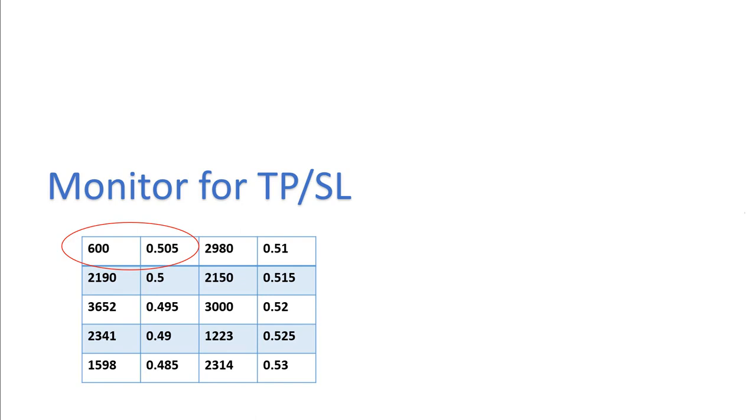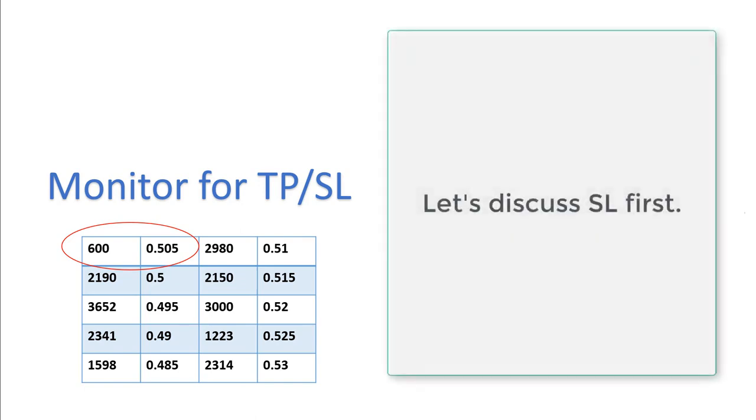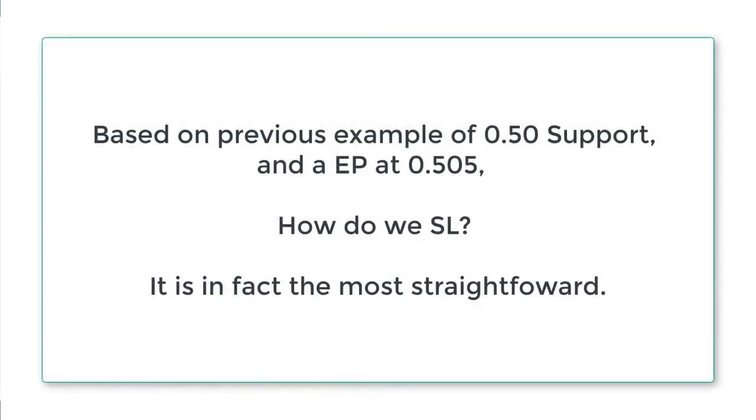Now, under the topic of managing trades, I always like to talk about the SL, the stop loss, first. Now, how do we SL if we EP at 50.5 cents near the support? This, ladies and gentlemen, is the easiest decision making ever. Since you know 50 cents is well supported after observation through the market depth, and you EP into 50.5 cents,